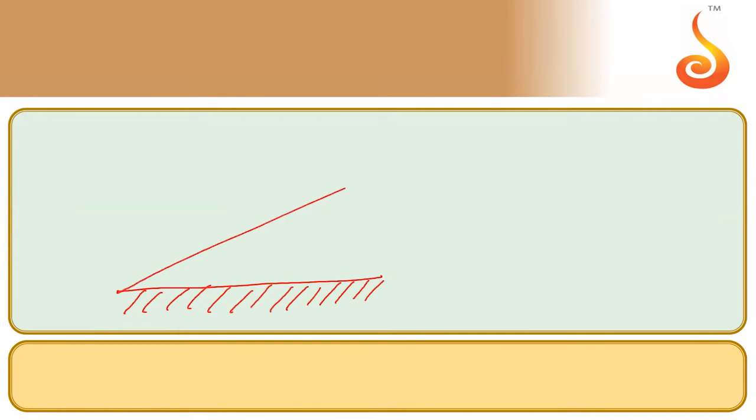This was the question. This is my mirror number 1. My sincere advice to all of you is that when you are writing the JEE exam, please read the question carefully. Otherwise, even after knowing everything, you will end up getting negative marks. The incident ray came along this direction. Boss, its angle with the normal is not given. Its angle with the mirror is given. This is given to me as 10 degree.